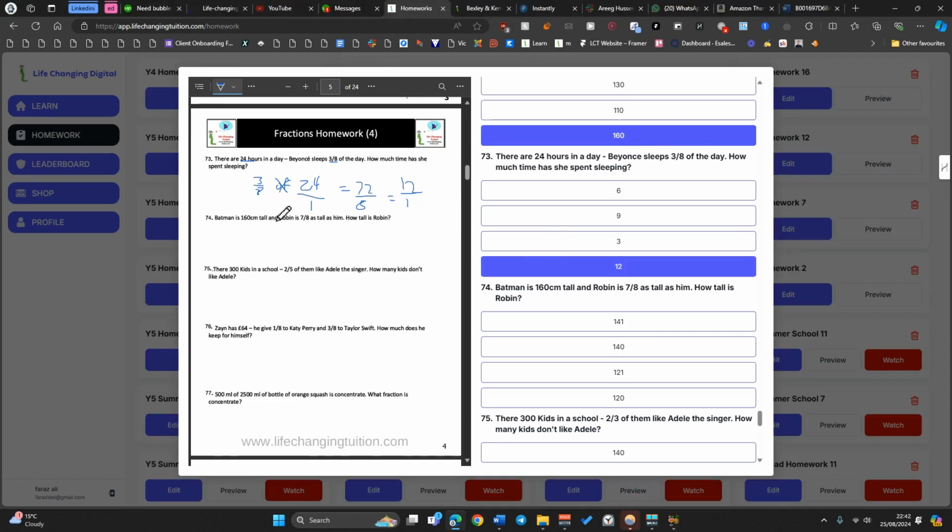Batman is 160 centimeters tall. Robin is 7 over 8 as tall as him. How tall is Robin? Okay, so 7 over 8 of 160 centimeters. So again, times it over 1, and let's figure out what 7 times 160 is. Well, if you think of what is 7 times 16, it'll actually just be 7 times 10, which is 70, added to 7 times 6, which is